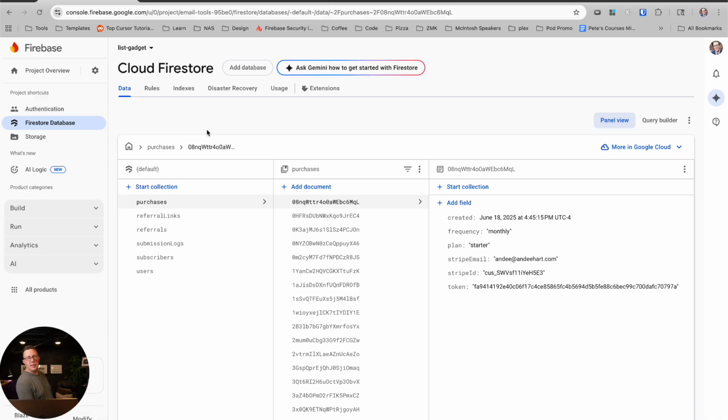So Firebase is a backend as a service. What do I mean by that? It means I don't want to learn how to program databases and SQL, and who cares? I don't care at all. What I want is something I can plug and play into my app to save things to a database,